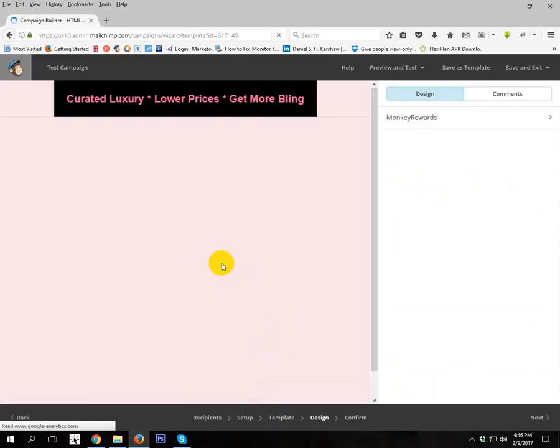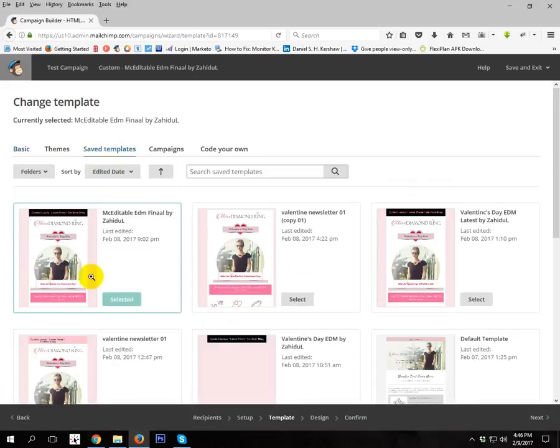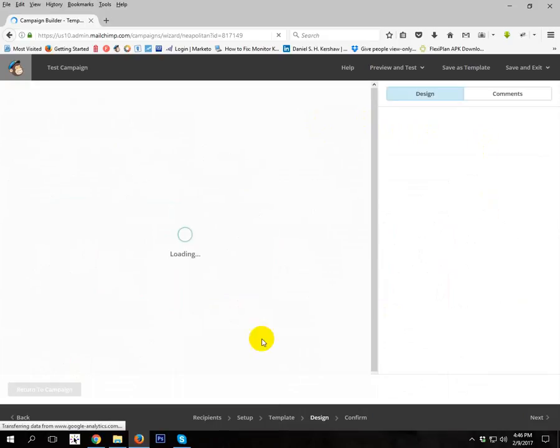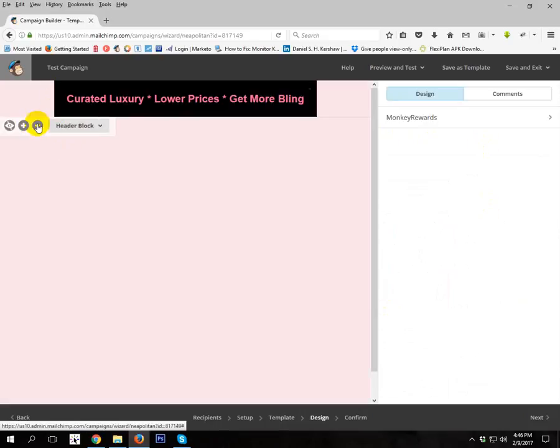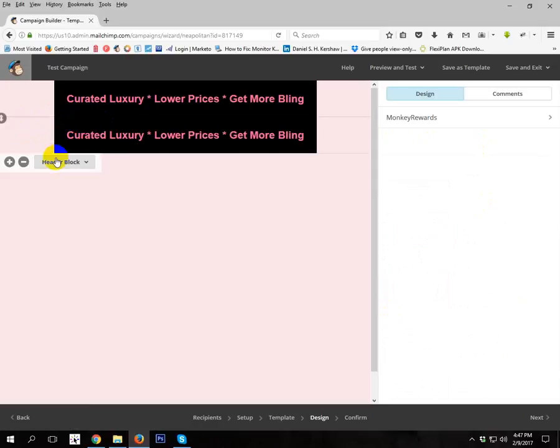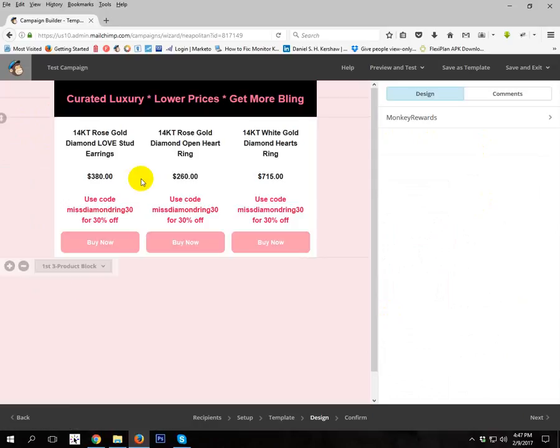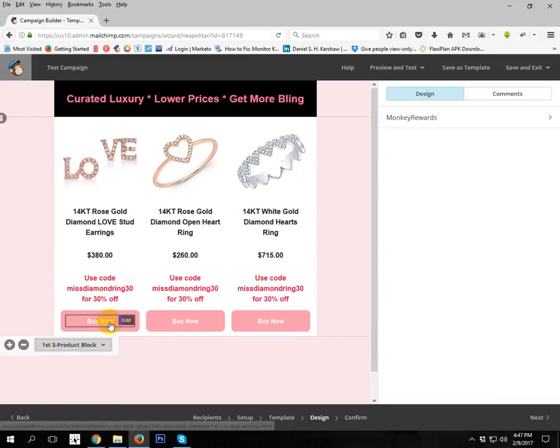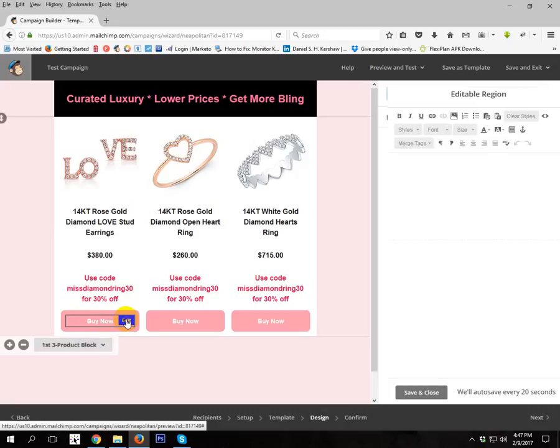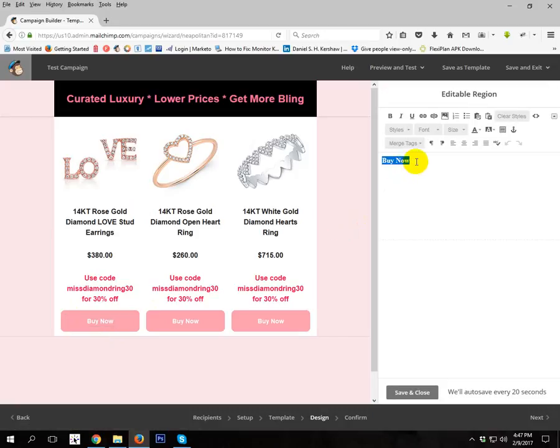I select now the original template. I will add just here the product block section. This is the product block section. Okay, now I will show you how, when you edit the button text, please be careful. I just click the edit option, and there is the text buy now.